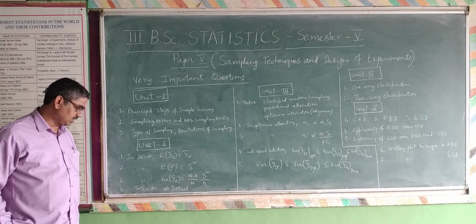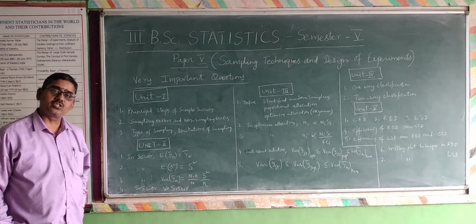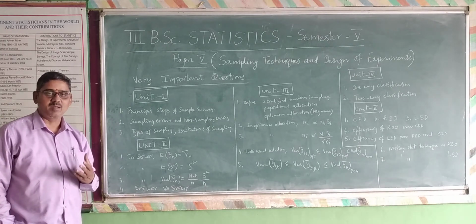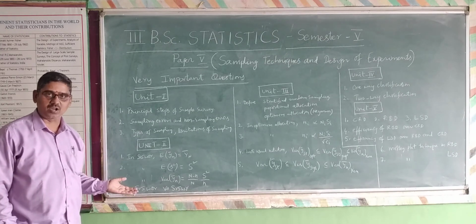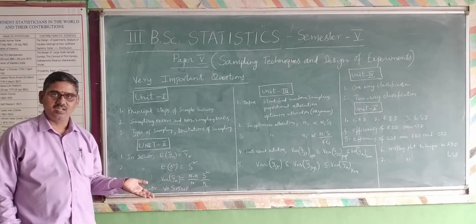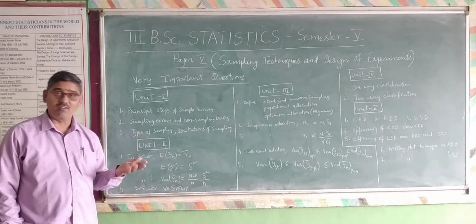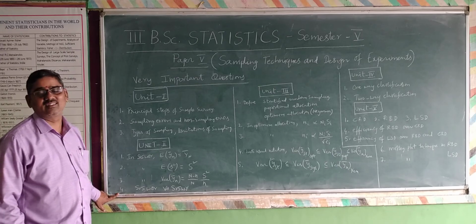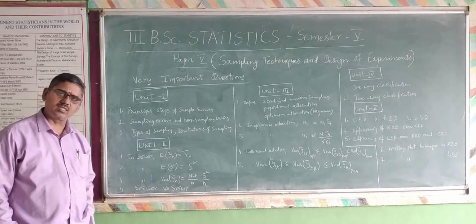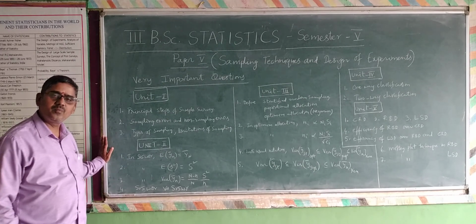And the fourth question is SRSWR versus SRSWOR. Don't forget to read this question. This is also one of the important questions. If you read it, you can answer some important points. Definition of SRSWR also you can read from this. If it is asked as a 4 marks or 5 marks short question, you can definitely answer. So this is a must. It's very simple and a must. The comparison between simple random sampling with replacement and without replacement. This is from Unit 2.